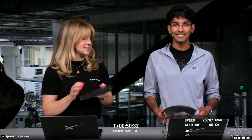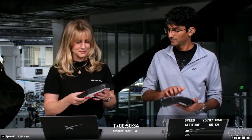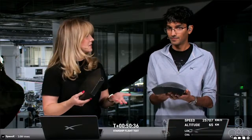They're really lightweight. They sound a little different than I would have expected them to, but they are ceramic. And these are what's helping Starship survive through this period of entry. We're not sure how far we're going to make it. Again, this is the furthest that we've gotten in our test flight, but the further we fly, the more data